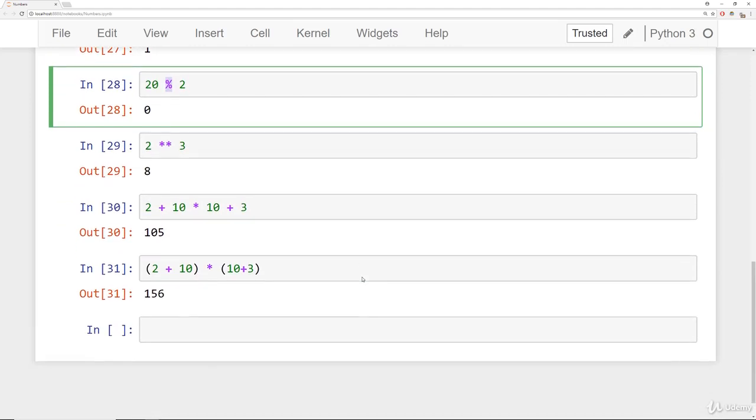Coming up next, we're going to expand on this by showing you how you can perform variable assignments. That is to create your own variable name and then assign an object to it.